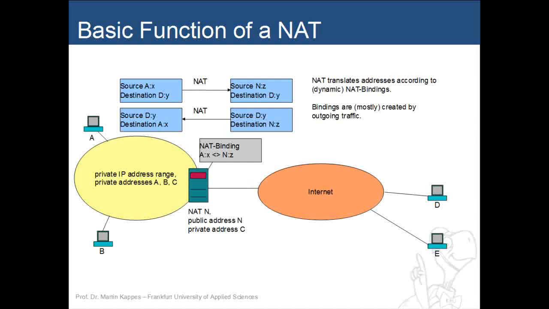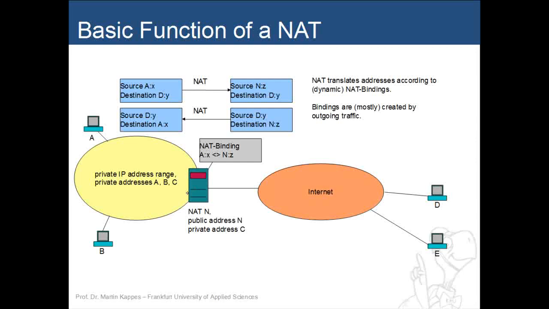To be able to contact the public network at all, we must of course have this public IP address. NATing works with a single as well as multiple IP addresses, but in the following we'll only consider a single address, which is assigned to the public interface of this machine here. Since private IP addresses cannot be routed in public networks, when a packet comes in from A or B, the IP address A or B is replaced by the public address N